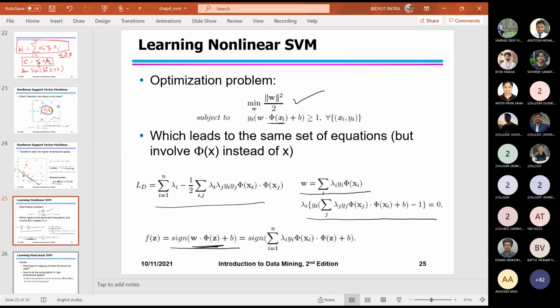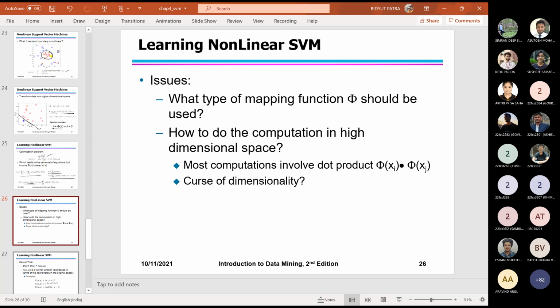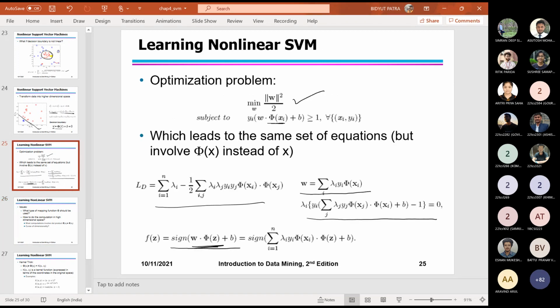But interestingly, what was found is something called the kernel trick. So what I was saying is we need to do the dot product of W with phi z. Phi z is nothing but the transformation into higher dimension for the input sample as well as the test data. But it is found that we need not do this dot product explicitly. We can have a function which will do this dot product in the higher dimension.